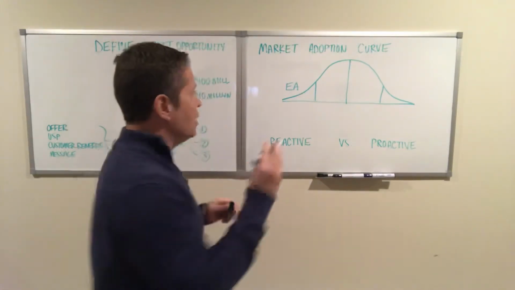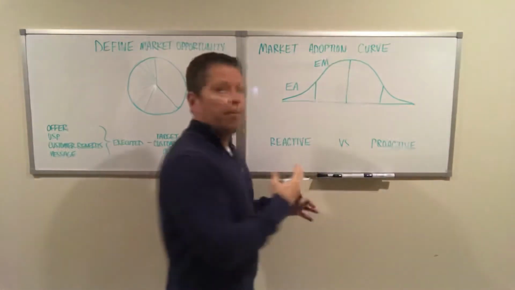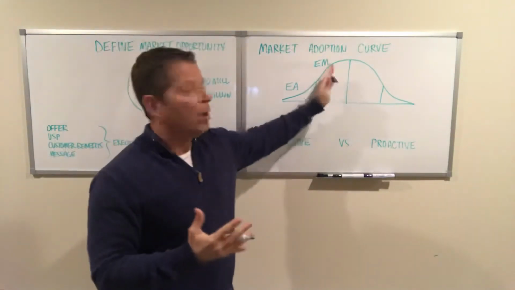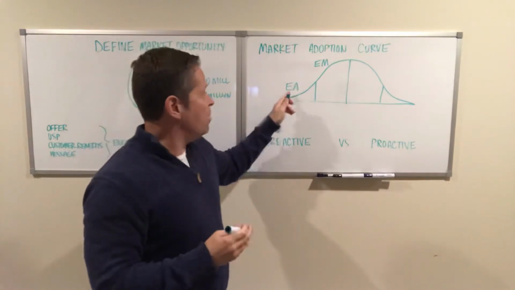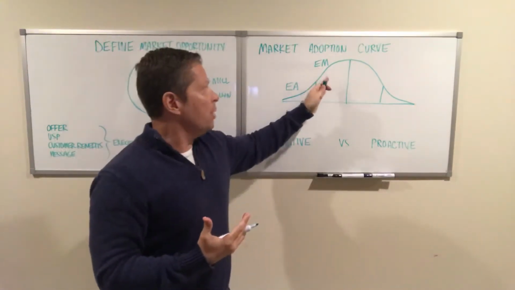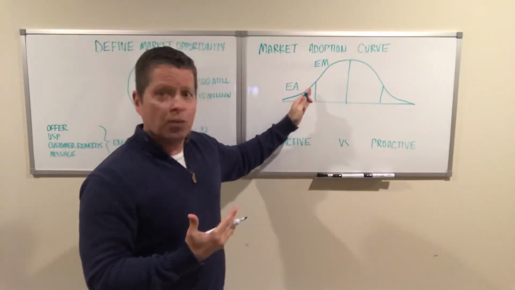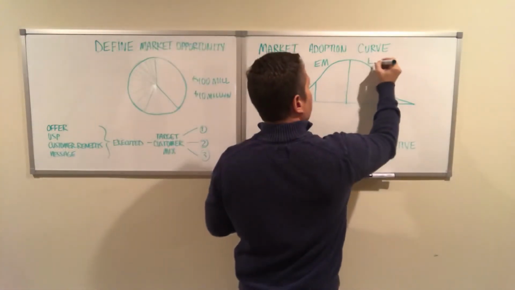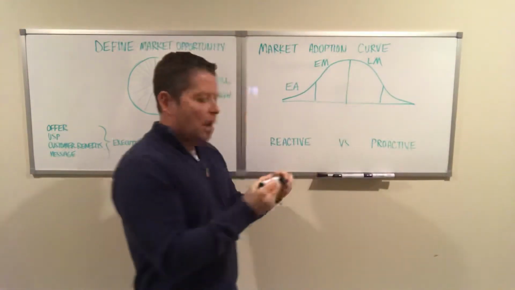So the next is going to be what we call the early majority. So the early majority falls into this category, and that's a big part of the whole lion's share of the market. What happens after these people try it, have good success stories and so forth, the early majority, they're the ones that had to take a kind of wait and see position, and then they say, oh, this is working, right? Now, the next group is the late majority, still in that majority center there, but they're the people that